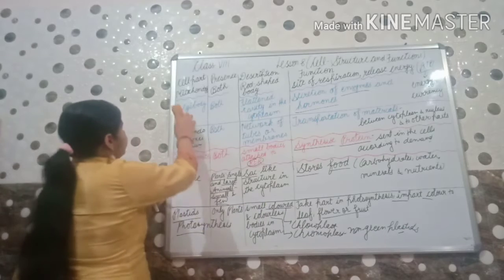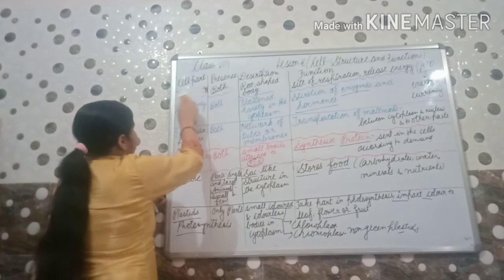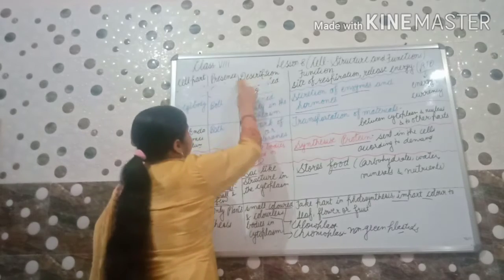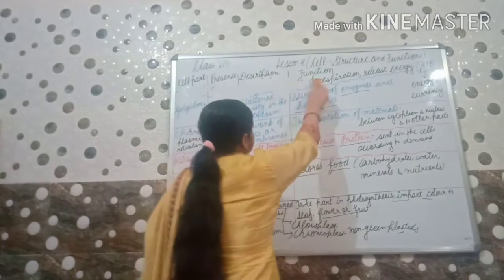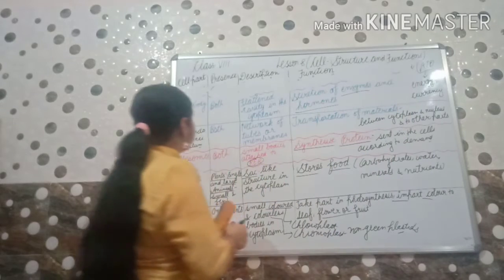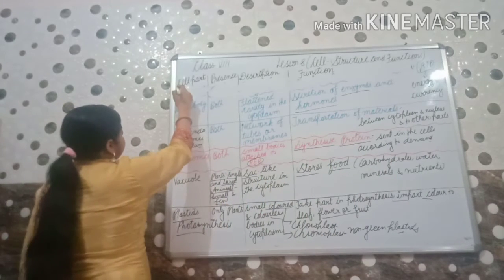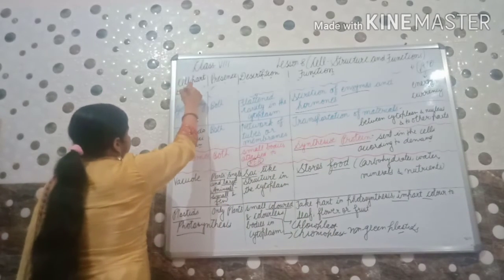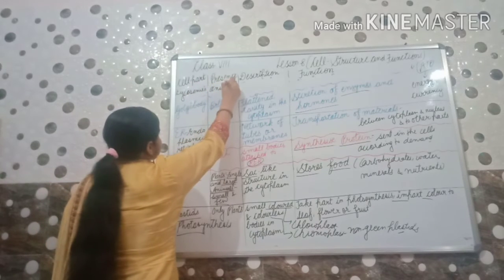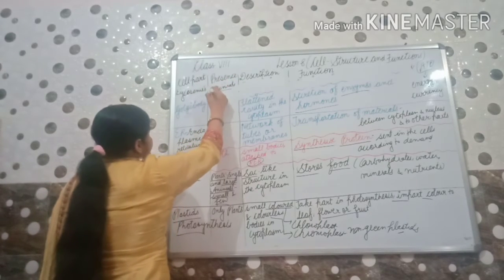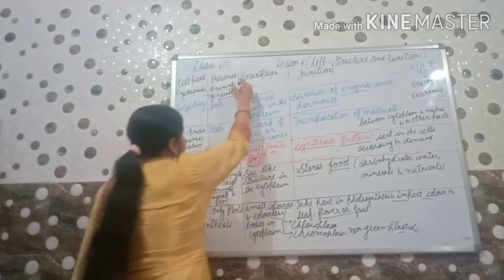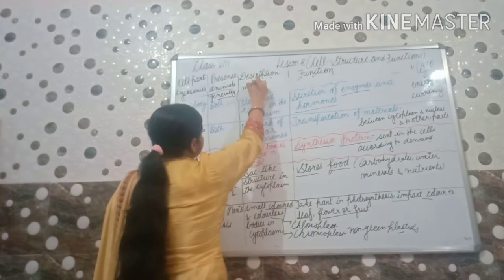So our next part, one is left, that is lysosomes. We will discuss now about lysosomes. Lysosomes are present generally in the animals. We use the word generally here. What is the description? These are membrane bound.